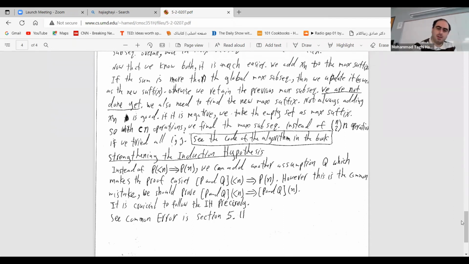So this one I wanted to emphasize. This is about the strengthening of the induction hypothesis. That's important. What is the strengthening of the induction hypothesis? Sometimes, this is the typical thing that we are doing. We say that, okay, from P of less than N, we want to imply P of N. That's it, the induction that we have mentioned. We assume that it is correct for the base case and for everything less than N, and we want to get it for N.